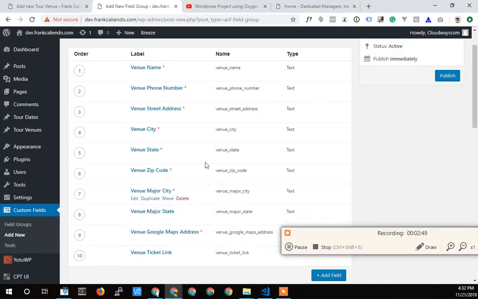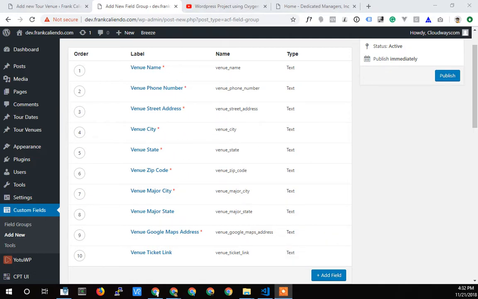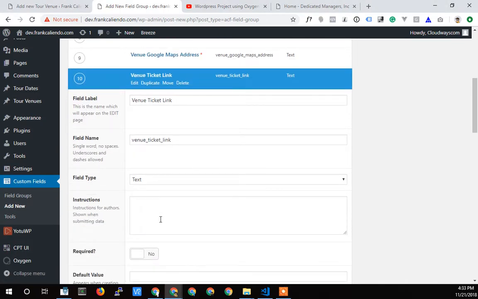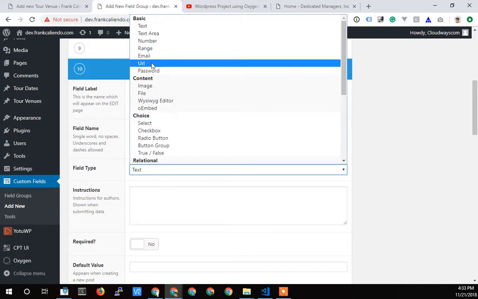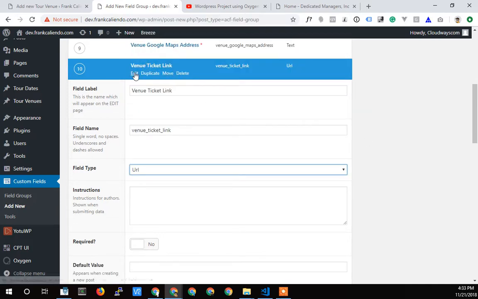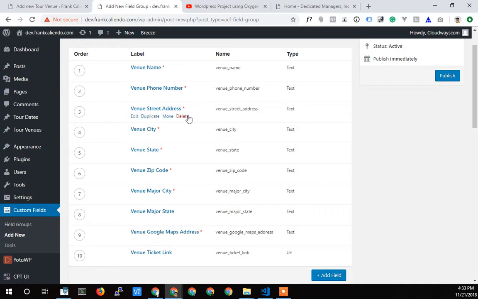Poof, and like magic, all these fields are now filled out. They're all pretty much the same. They're all text fields. Oops, the venue ticket link should have been a URL field. Let me fix that real quick. Boom, done. That's a URL field. They're all required. That's what the red dot means. This one is not required because I allow